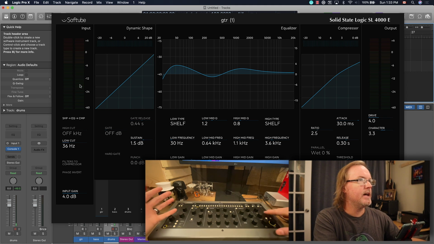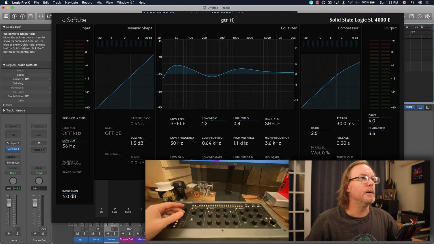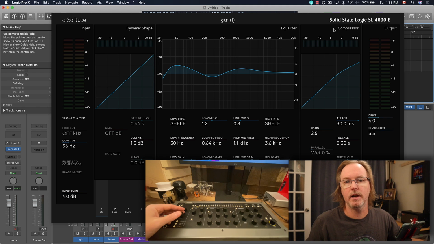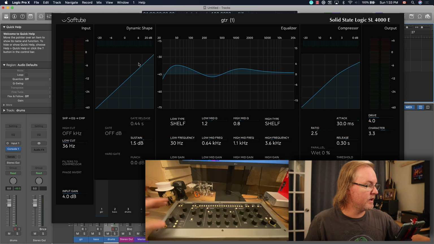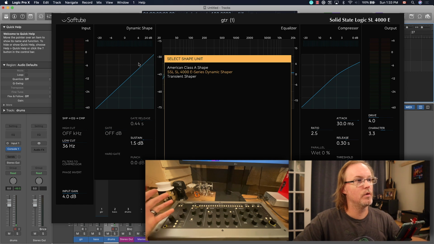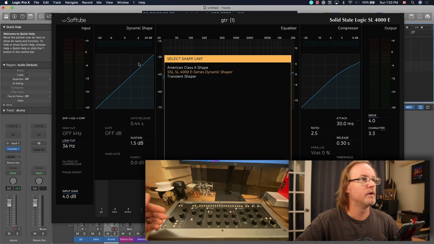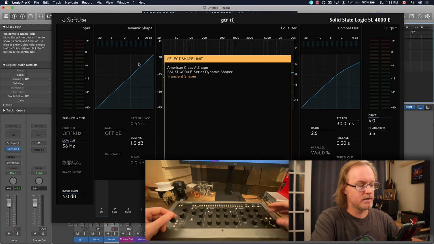Now let's just say I don't like the dynamic shaper with the SSL. So one thing you'll notice, the top right will actually tell you what channel strip you have loaded. So if I wanted to replace, say, that dynamic shaper with another one, hold down Shift, click on Shape, and then now it's going to detect what other shape plugins you have installed. So I bought the Volume 4 package from Softube, so I've got a bunch of them there. So if I switch this out,